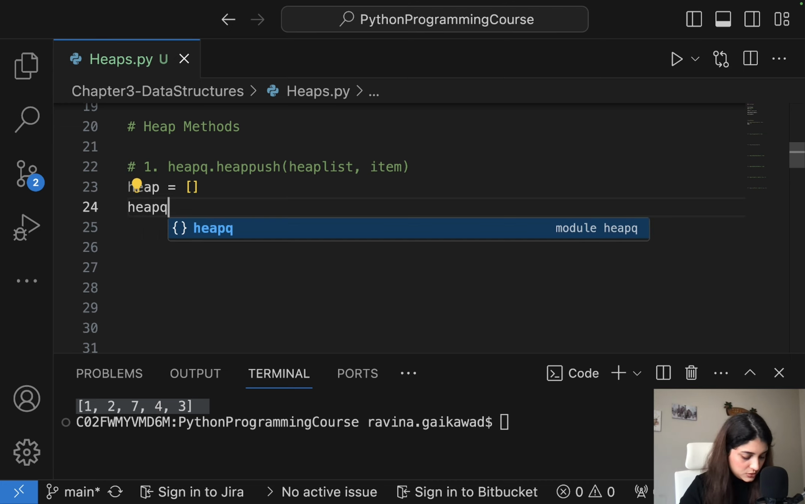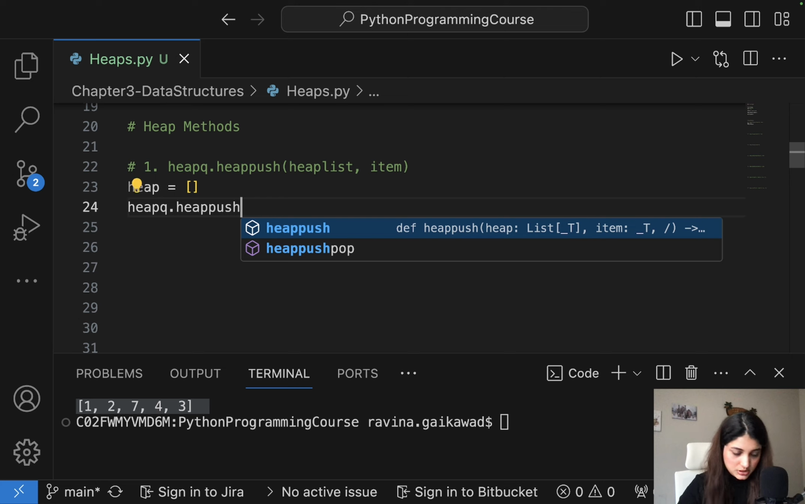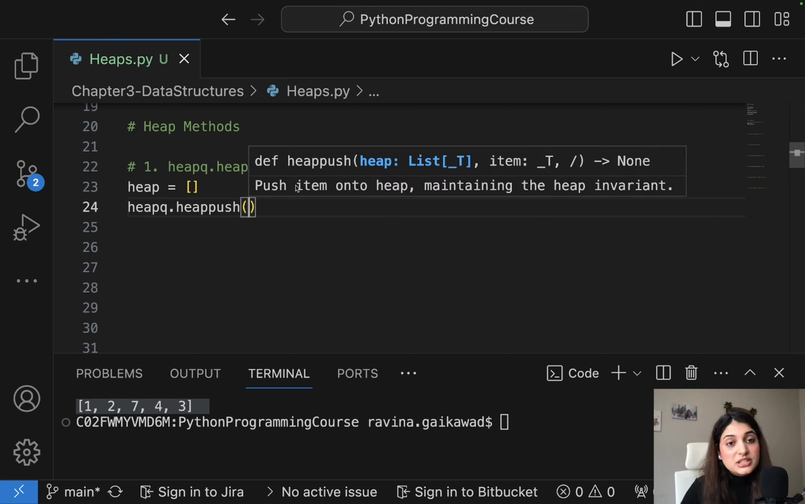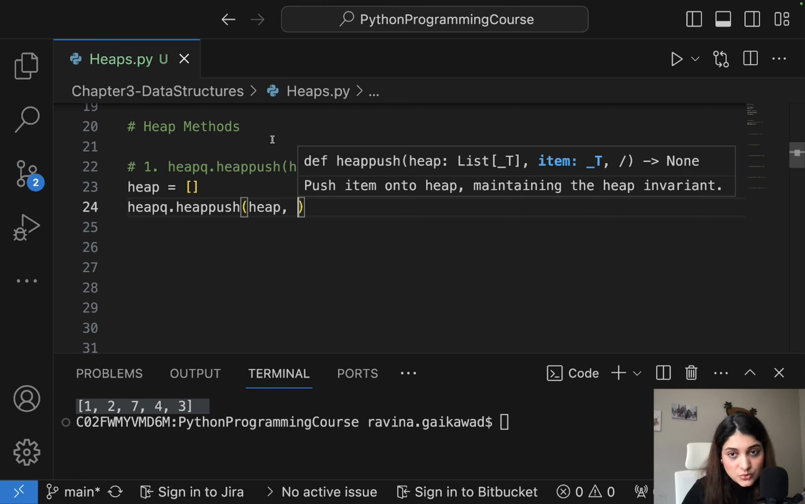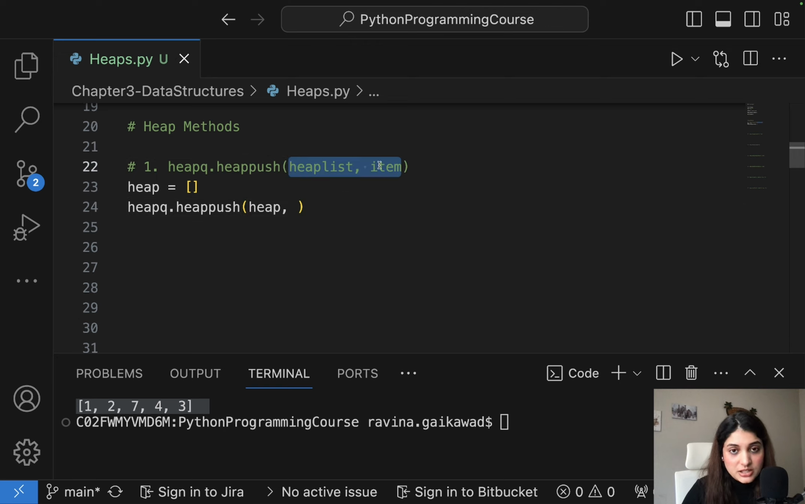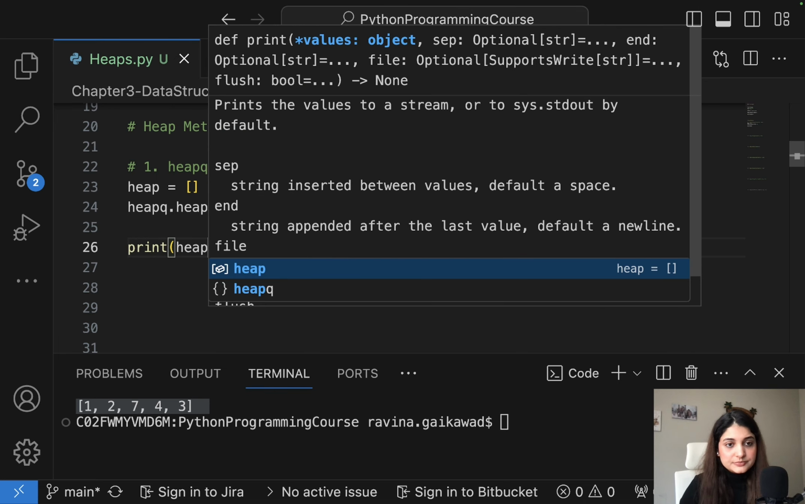You do heapq.heappush, and inside that, first of all, you give the heap list. What is the heap list? This right here that we called heap. So I'm going to give that, and then comma, the item that you want to push. You can see that here it's populating that for me, but here I have also written it down. So first the heap list and then the item. For example, say I want to push 1. So when I do that, and let's say I print the heap,